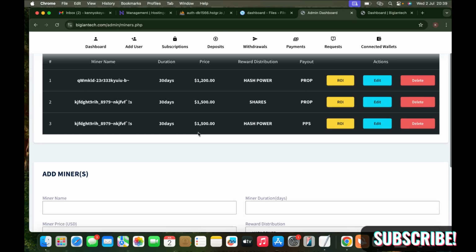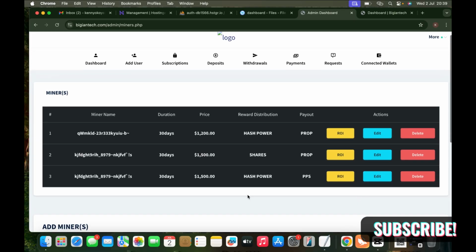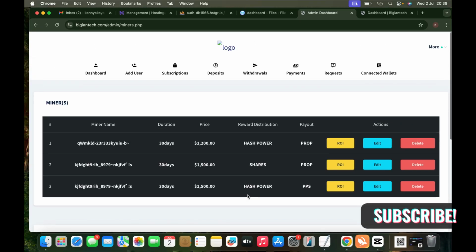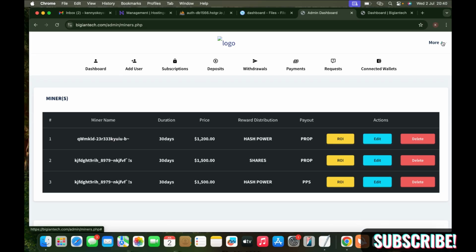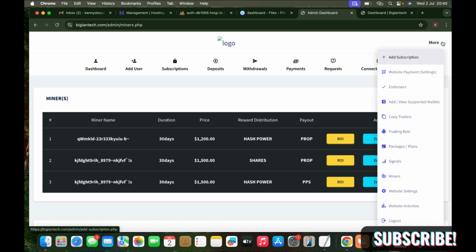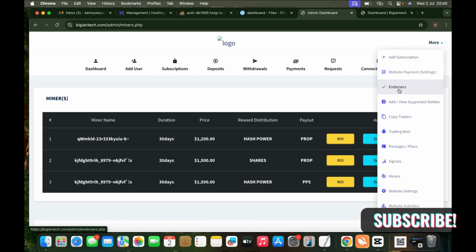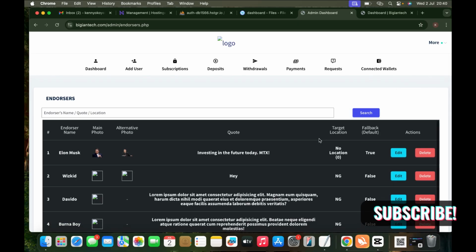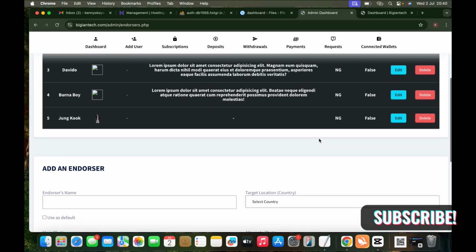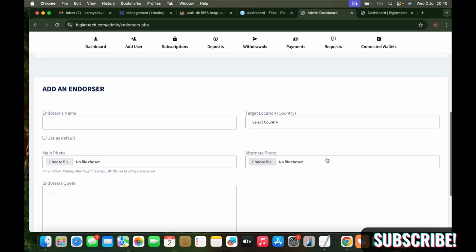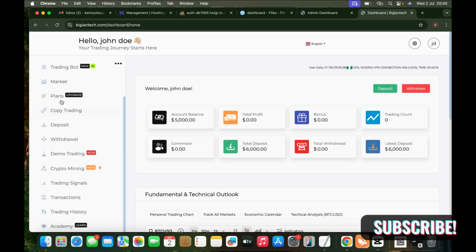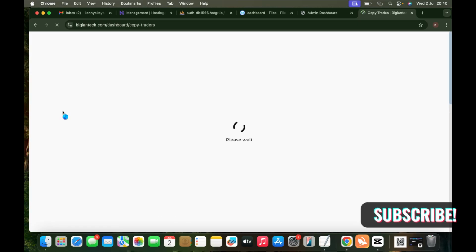If you come to the others, it's just the same process. You just go through and add. You're getting this script meaning you're a dev, and most of the editing or adding any customization requires extra fees. So I have a reason for explaining this. Once you come to endorser, these are just images you can add an endorser to this. Okay, so let me go back here, and once I come to copy trading,